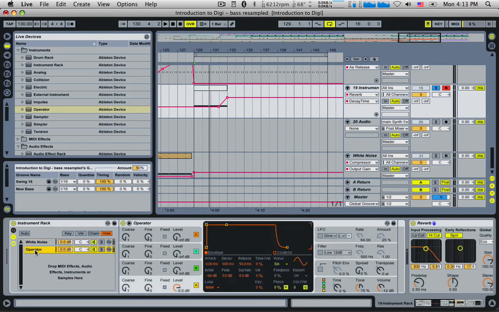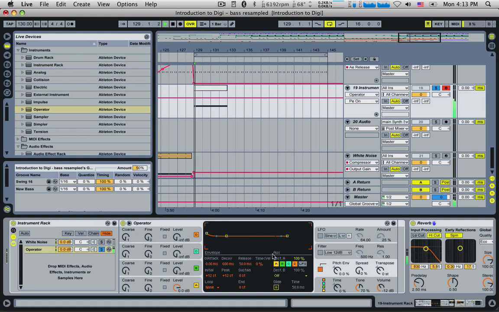Let's try something a bit crazy. Let's just solo this one. Let's give it a pitch envelope. So a pitch envelope means it's like we did with the filter with the white noise, except this is going to change the actual pitch of all of these oscillators here. So if we bring this up high, make sure we put the pitch envelope up to 100%. If we drag the decay time out a lot,